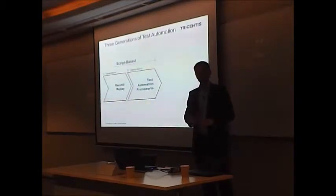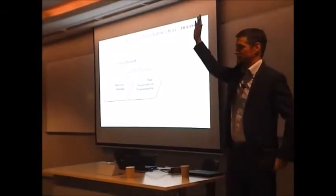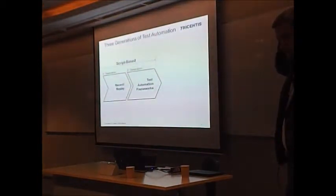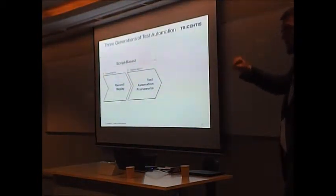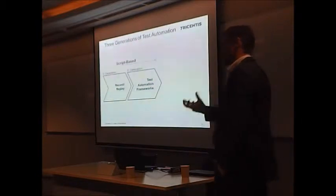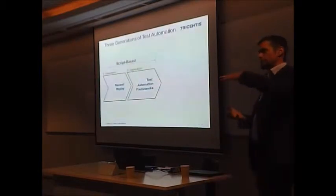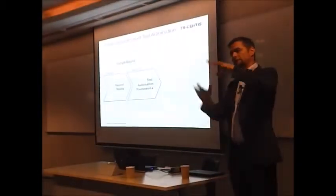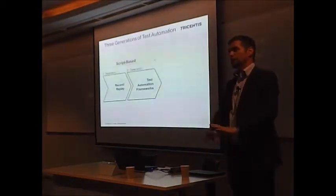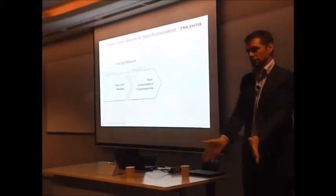So we looked at, obviously, the next evolutionary step, which was test automation frameworks. Who is familiar with test automation frameworks? Same people, right? Test automation frameworks is an evolutionary step. It is still a script-based solution, so it still uses some code, descriptive code or procedural coding. But the intent of test automation frameworks is that you build a framework that separates the test logic, or your business logic that you drive with test logic, from the underlying implementation for the automation. So you separate the specification from